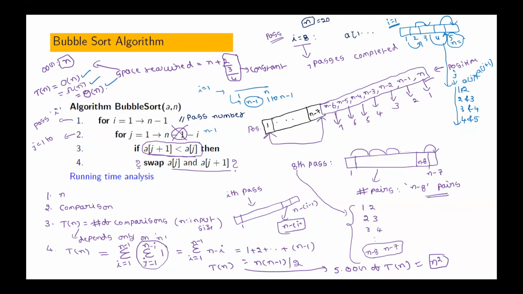Now you tell me, what is the amount of additional space it requires other than input? In this case, 2 variables. It is a constant, 2 or 3 or 4 depending on implementation. That means the amount of additional space it requires is a constant, independent of input size. That means this type of algorithm is called